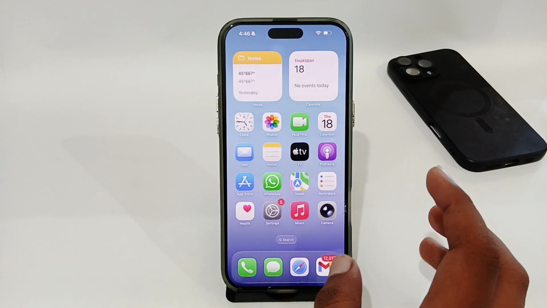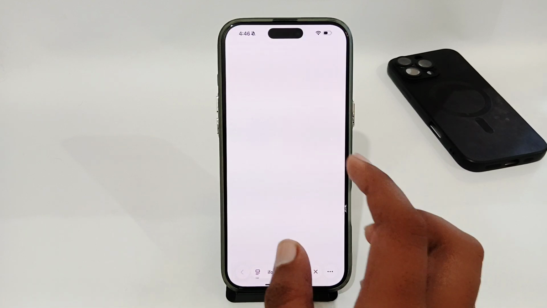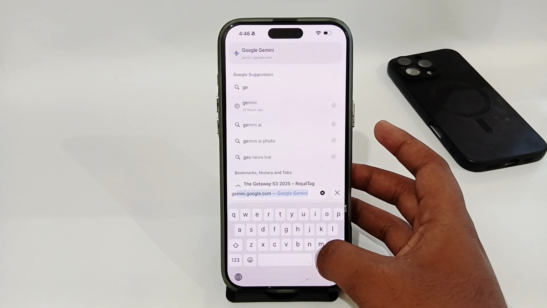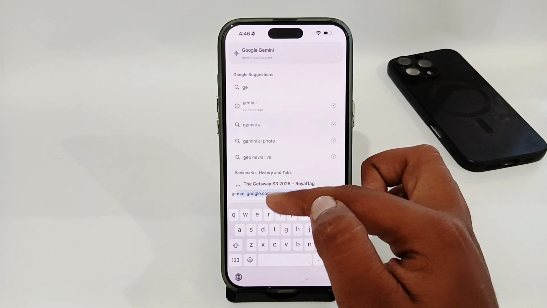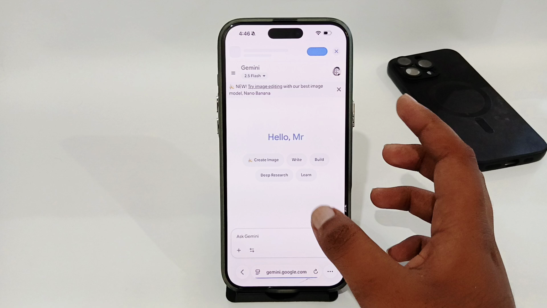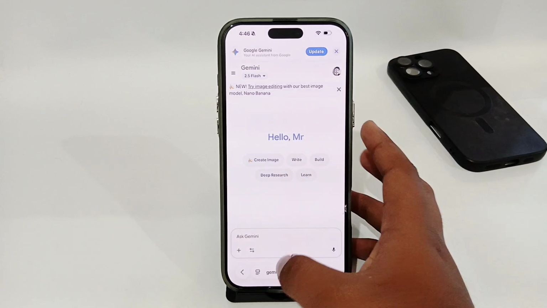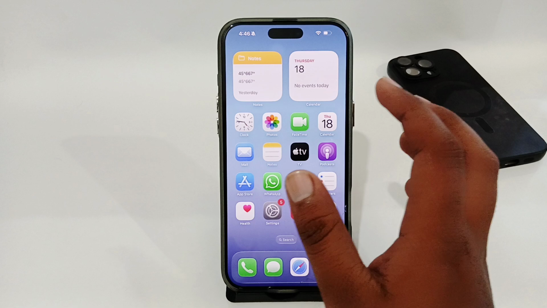You have to simply go to a website, which is Gemini.google.com. You can easily use this, but if you're on your smartphone, any Android or iPhone, you have to